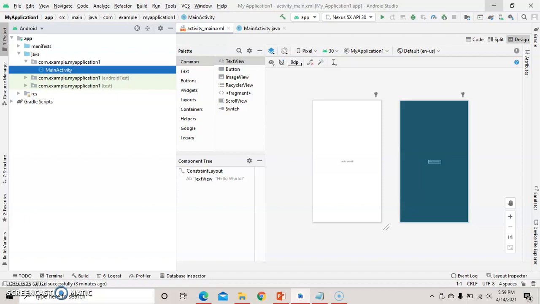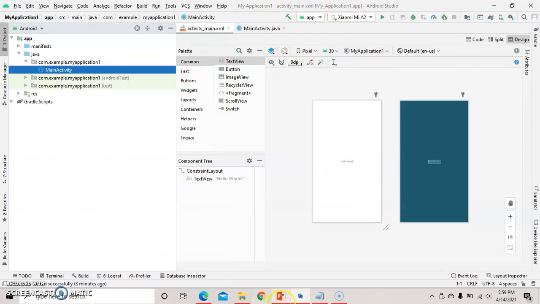Now here, when you connect your mobile to your laptop, your device name will appear in a few minutes like this. Now I have connected my mobile, so my device name is MI A2. So here this device will appear. When you go to run, this project will be run. Okay, this project will be run.